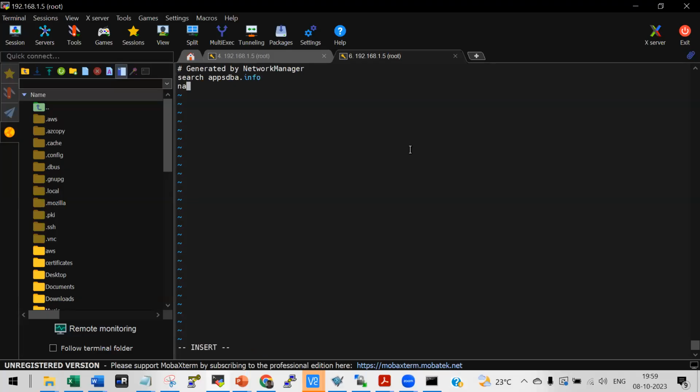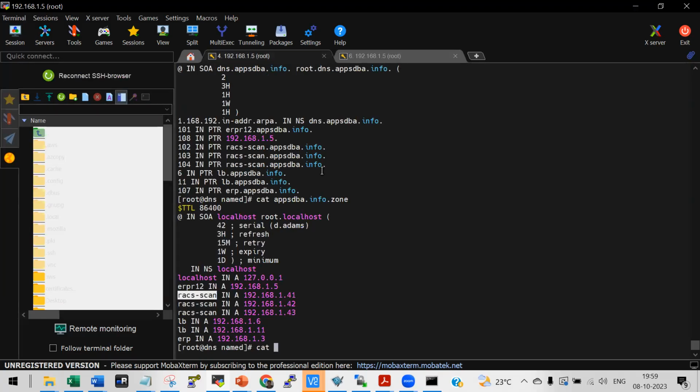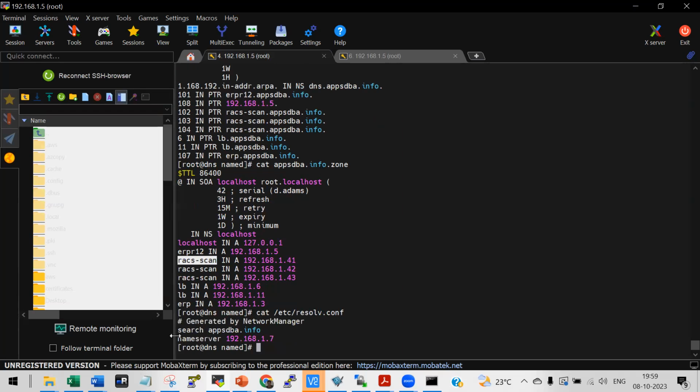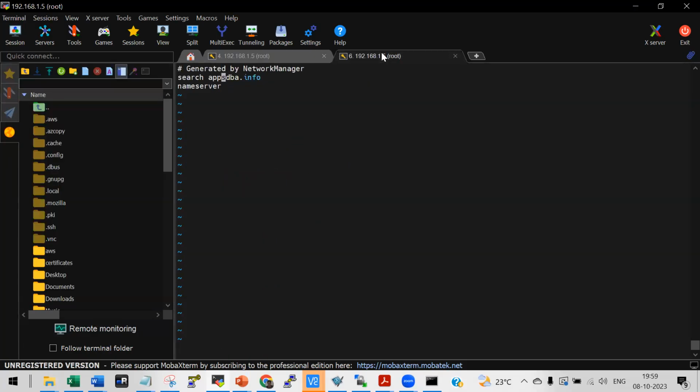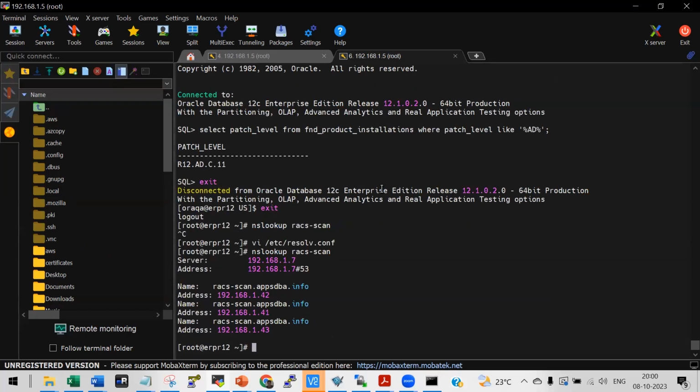So your name server, I don't know what the correct spelling is, so let me get that. Because it basically has to search a name server, the DNS server. Normally in companies, this is taken care of by your Linux administrators. But in our case, we want to troubleshoot it, so you have to mention the name server. Where is your DNS server? Because it has to search. Once you do that, you can see the nslookup is working,